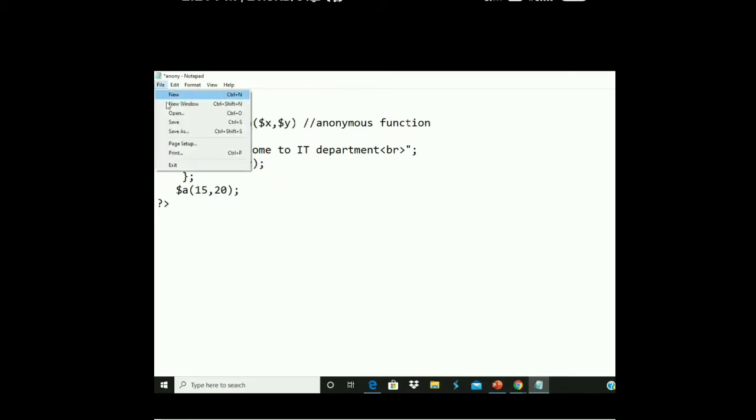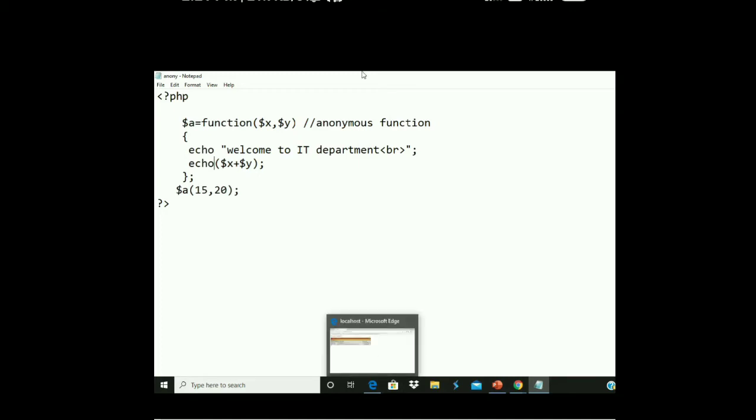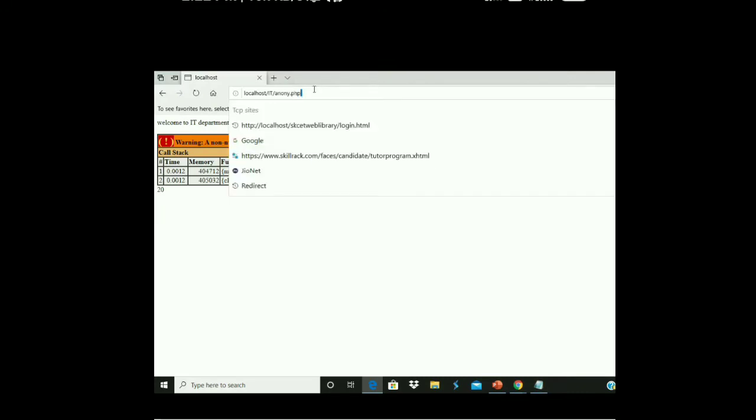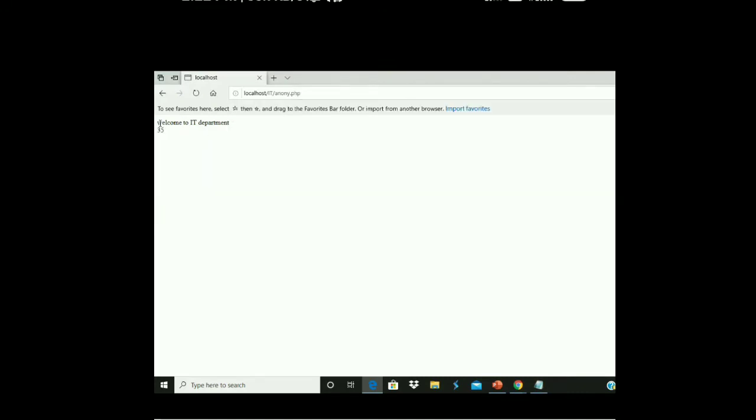Finally, I will tell you how to convert string to integer and integer to string. Those kinds of conversions we will be discussing in due course of time. Now I should get the answer welcome to IT department and the value of $X and $Y, that is 35. So when I run this, now we are able to see here, welcome to IT department and I am getting the answer 35.